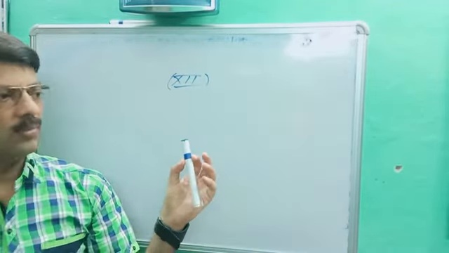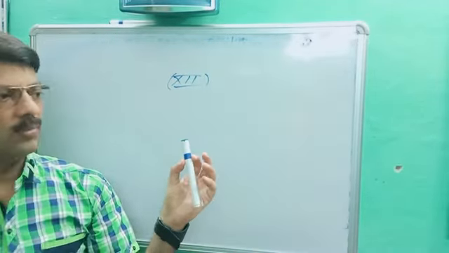Let's suppose ΔQ charge flows in ΔT time. This is from 10th level. Let's suppose at any time ΔT, ΔQ charge passes through the conductor. So I is equal to what? ΔQ upon ΔT. I is equal to ΔQ upon ΔT. It means the rate of flow of charge is called electric current. If the limit ΔT tends to 0, we will get, very important, I is equal to dQ upon dt.